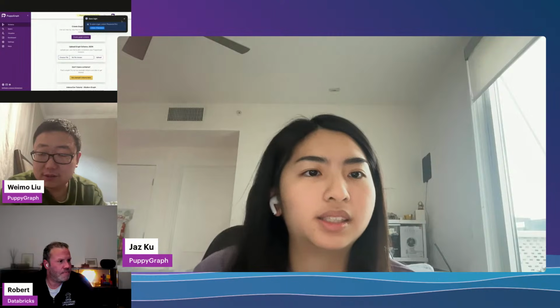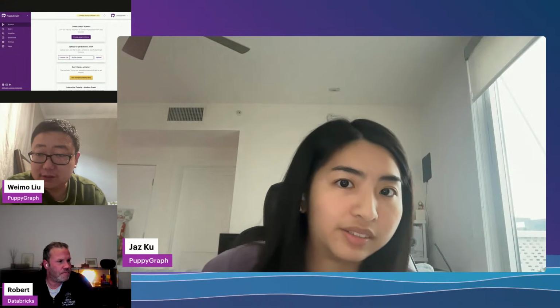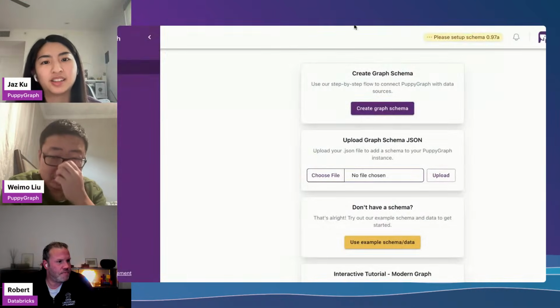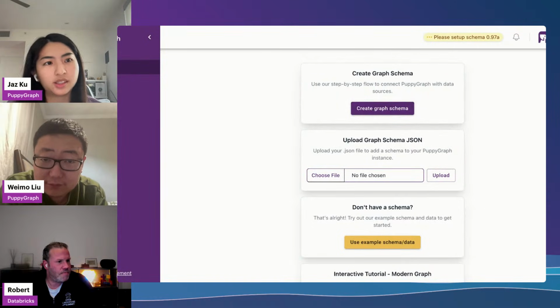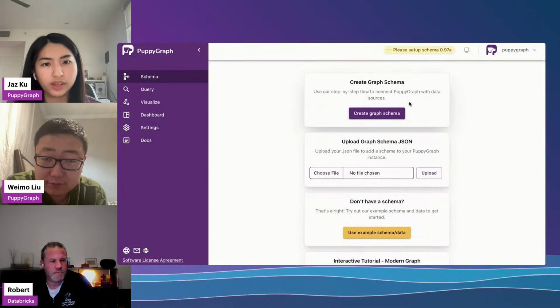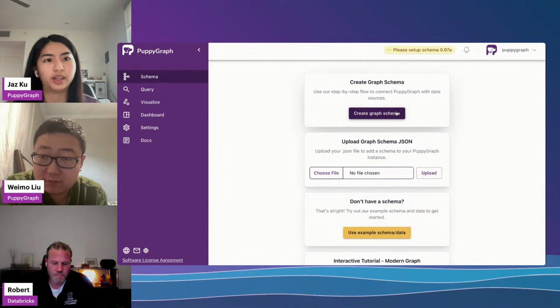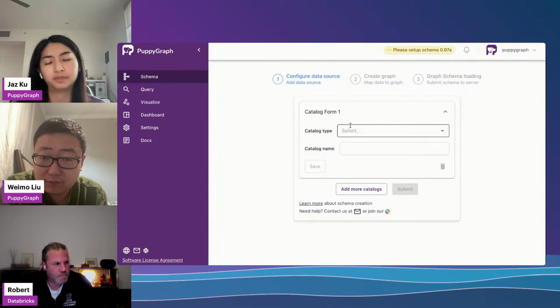Yay. And so by default, the credentials are puppygraph and puppygraph123 for the password. And then once we sign in, this is where you'll actually upload your graph schema. There are two ways to do this, and I'm going to show you both ways. But first, we'll be using the UI builder tool, so we have a visual way of building this schema.